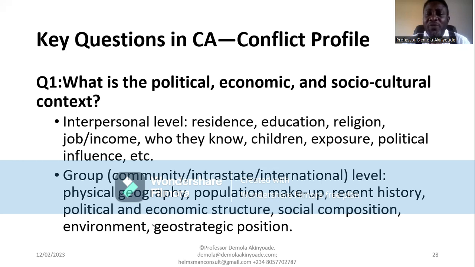So, what type of conflict style is best for such? Is it collaboration? Is it avoidance? Is it accommodating? The best style for any of the three parties is what? Which style would you consider the most appropriate conflict management strategy for the parties in that situation? I think collaboration. Collaboration, meaning that the three of them will come together and say, okay, if you go this year, I will